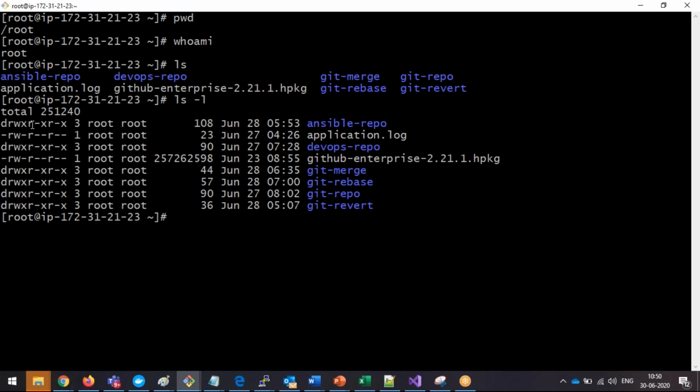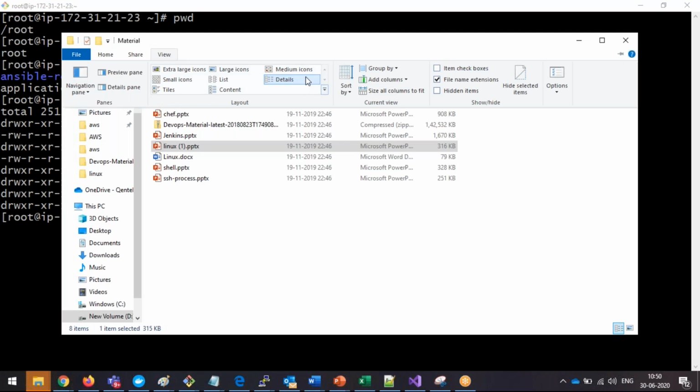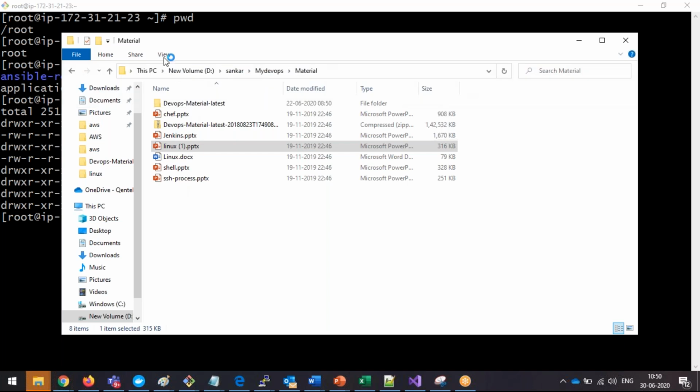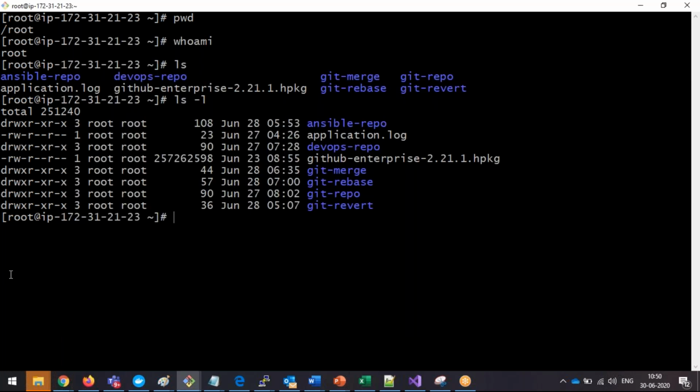Now in Windows, not only Windows, in any OS, we are going to see hidden files. When I want to see the hidden files in Windows, we go to the View section. From View, we have an option of hidden items. If I select this one, the hidden items will be displayed. Now in our Linux, if I want to see the hidden file information,